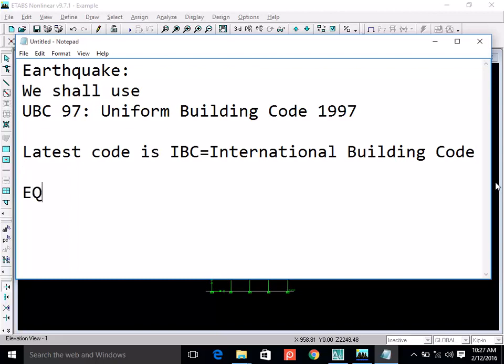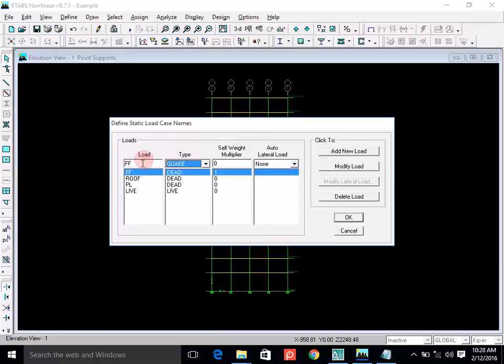One will be EQX and EQY. Although earthquake can hit the building from any direction, right? You can't predict the direction of waves, and of course in our analysis we cannot incorporate all of them, but generally engineers consider these 2 directions, right? So I will name this EQX,